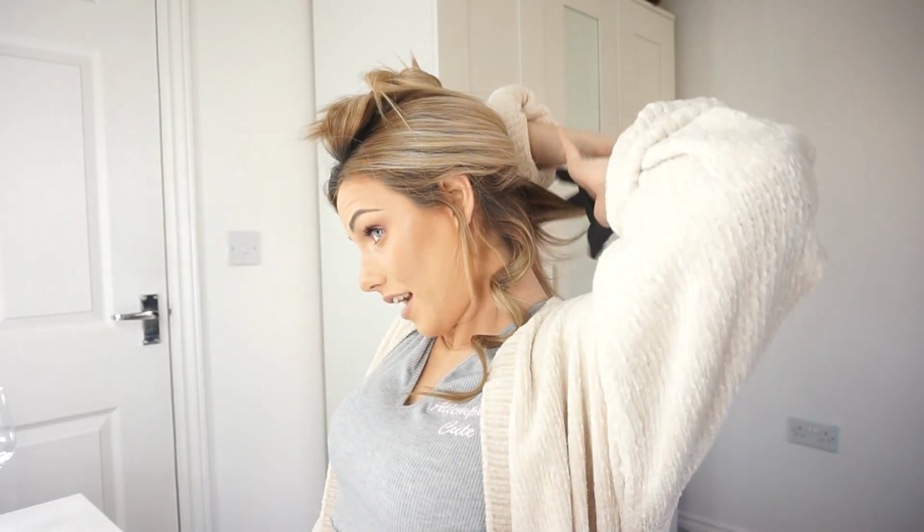Where my hair's so thick, I don't need to do that. My hair holds curls really well. If anything, at the end, I sort of pull them out, so they're not as springy. So then for the next curl,